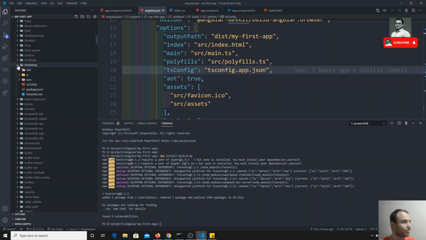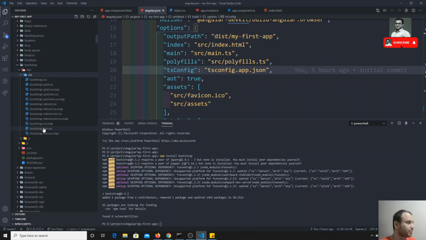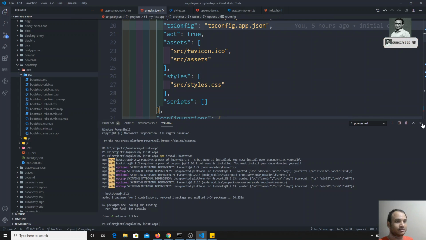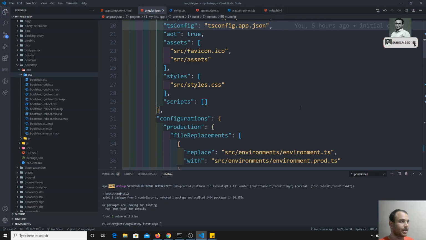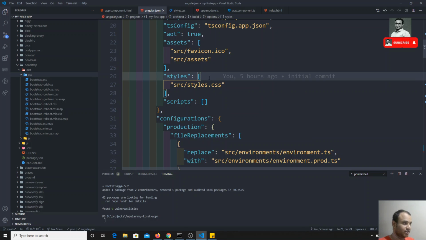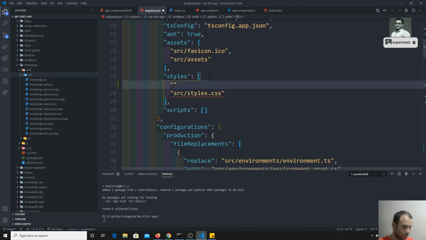Here I am able to find Bootstrap. Here is the bootstrap folder, and in this dist, in the css, you have bootstrap.min.css. Let's add that bootstrap.css file here. First I need to load this one.